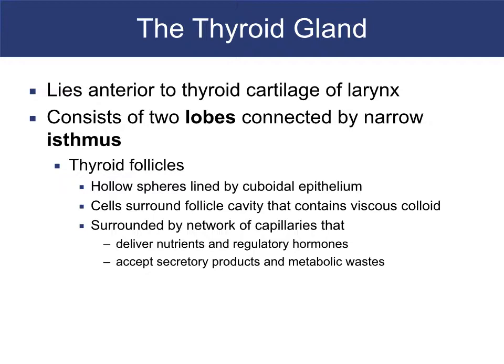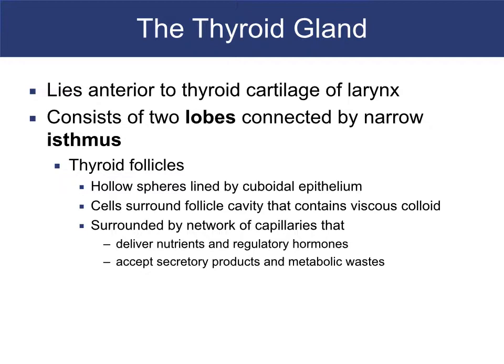Isthmus, 2 big lobes. Okay? The thyroid tissue, now we actually looked at thyroid tissue on the first day of 231. You probably don't remember it. But what we used it to look for was simple cuboidal epithelium. All of the thyroid follicles have simple cuboidal epithelium all the way around them, and in the middle, they have